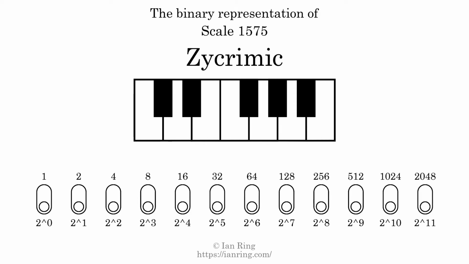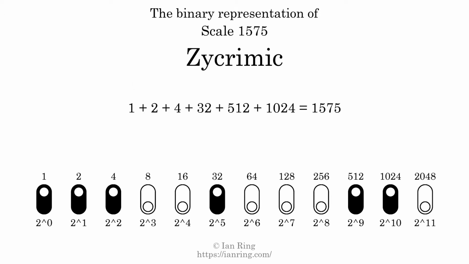The binary representation of this scale is determined by mapping tones of the scale to binary digits. Each binary digit represents a power of 2. To get the scale number, we add the powers of 2 together. The powers of 2 that are present in the scale, all added together, equals 1575. That is why the scale number, in decimal, is